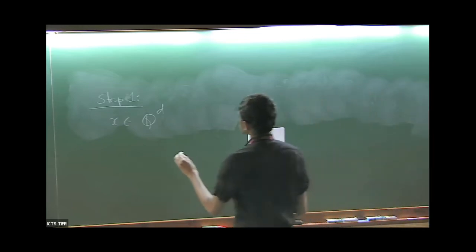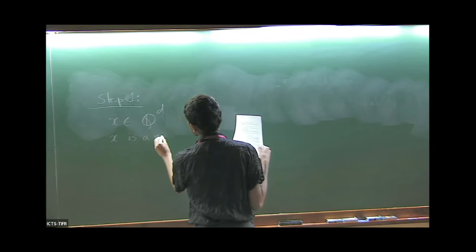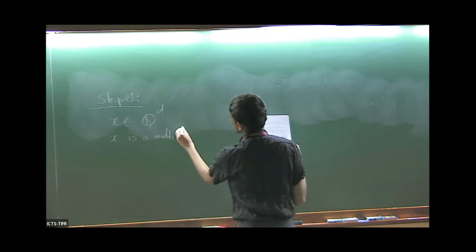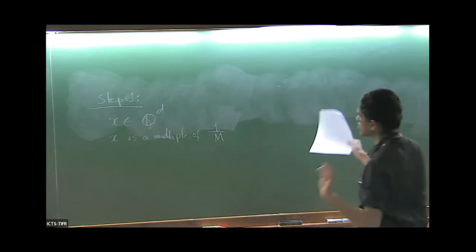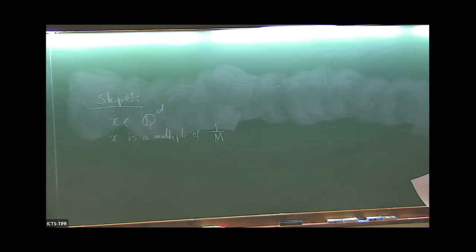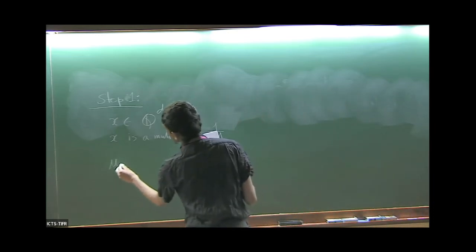And let's also assume that x is a multiple of 1 over m, where m is some integer. So define mu_m(x)